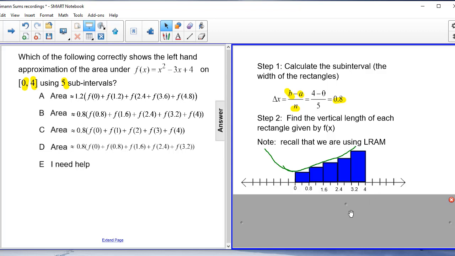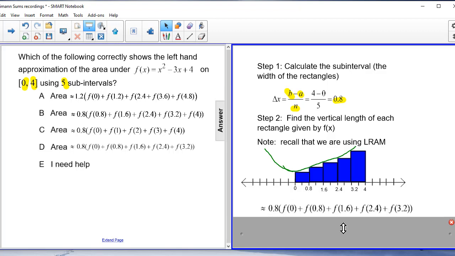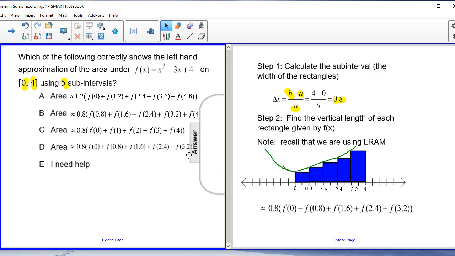So to find the area of all 5 of those rectangles, it's going to be the width times the length. The width is fixed. That's 8/10. The height, or the length, is going to be f of the left side of the rectangle. So our first interval is at 0, so the height is going to be f of 0. The second rectangle, we want to find the height or the vertical length at 8/10, so it's going to be f of 8/10. And continuing on, we have f of 1.6 plus f of 2.4 plus f of 3.2. So the correct answer is going to be D,